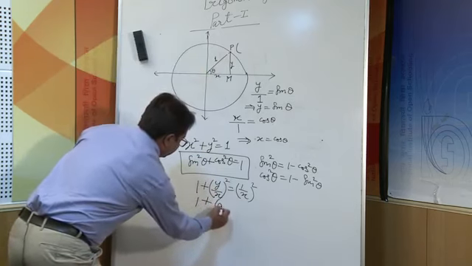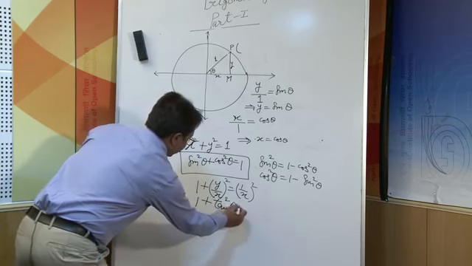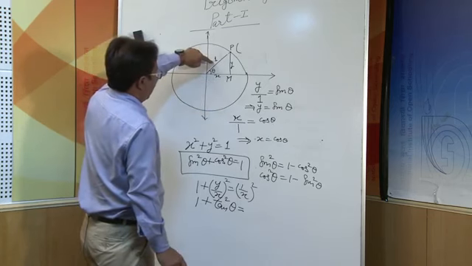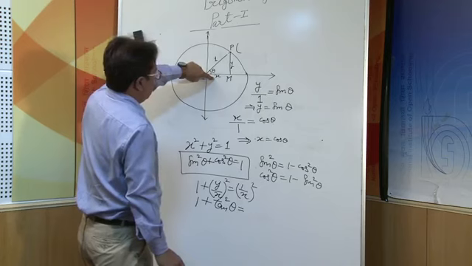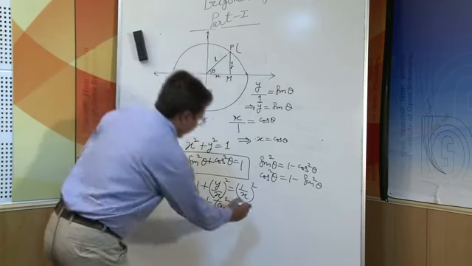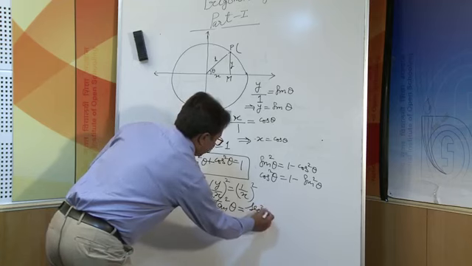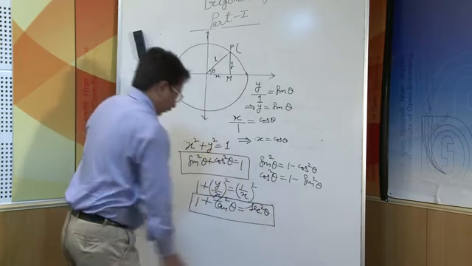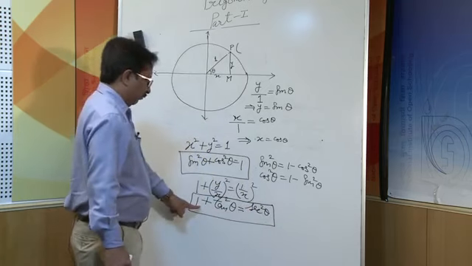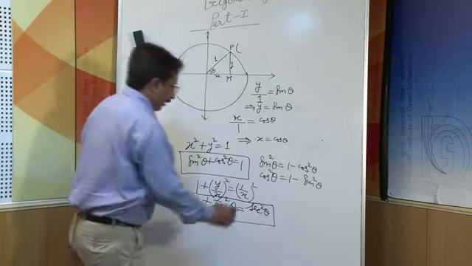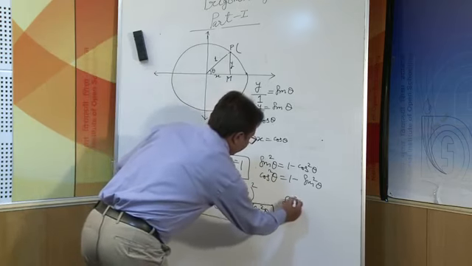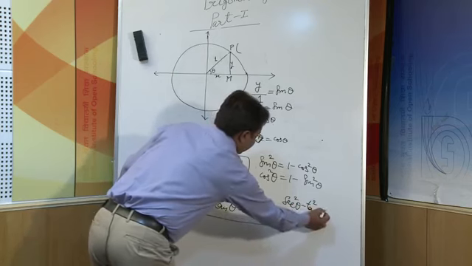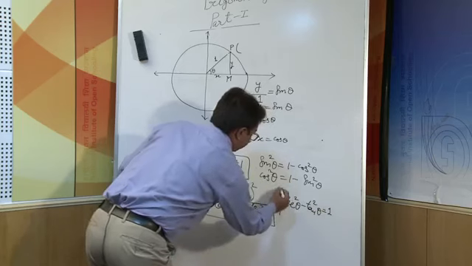So, 1 plus tan square theta equal to 1 upon x whole square. 1 upon x means hypotenuse upon base, means sec theta. So, sec square theta. This is another identity. We get it from here that sec square theta equal to 1 plus tan square theta. In another form, we can also write it in this way, that sec square theta minus tan square theta is equal to 1.